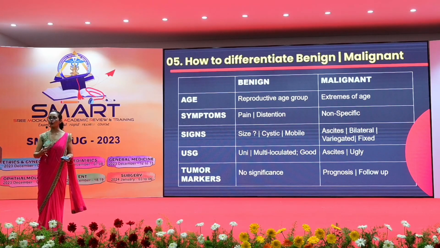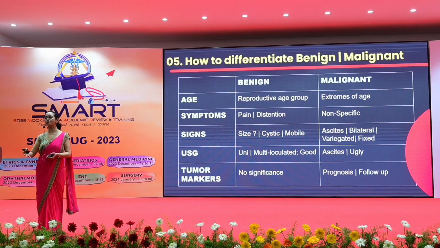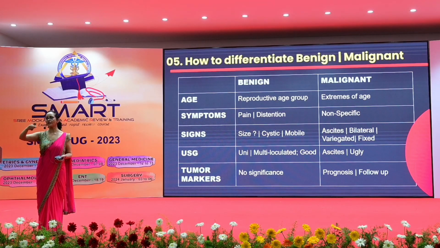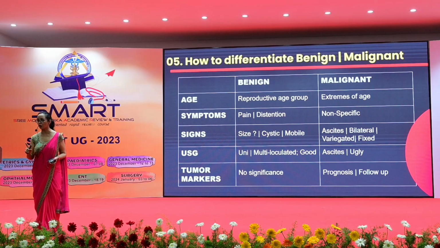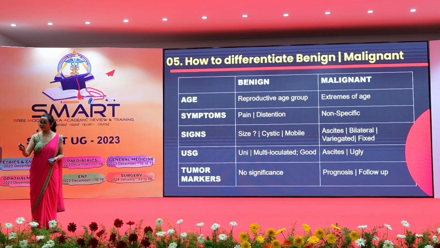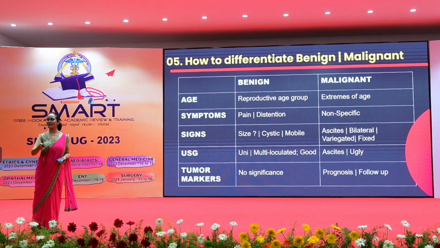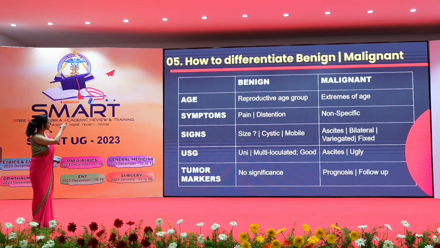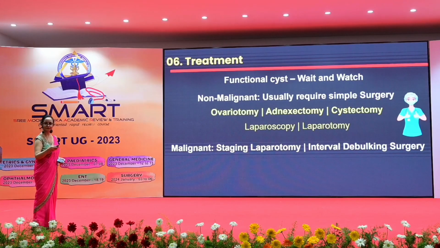So prognostication means that when we are seeing the patient, we judge how bad it is and how much the disease has spread. The other use is follow-up. Once you have removed the tumor, after 6 months when the patient comes, her CA125 should keep on dropping. If 3 years later she shows a sudden rise, that means metastasis is happening or something is going wrong. Tumor markers for undergraduates. I have another theory for postgraduates. For undergraduates, tumor markers are not important for any benign adnexal pathology.